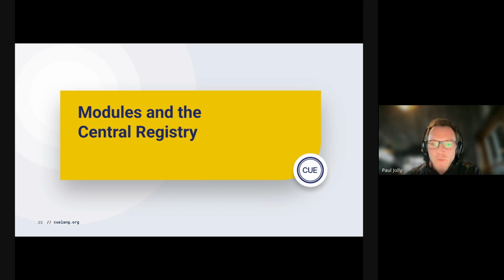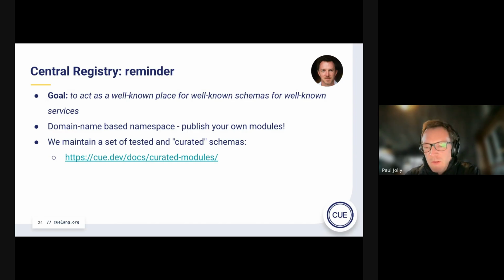Moving on to modules in the Central Registry, keeping half an eye on the time, we're not doing too badly. Just as a brief reminder, the Central Registry, and we'll talk about this a bit more later on in the context of a couple of use cases, is designed to act as a well-known place, not necessarily for well-known schemas, but just for people to share modules, the CUE module being the unit of reuse between CUE projects. It's a domain name-based namespace. You can publish your own modules, just as long as you can control the namespace. We have a set of curated schemas to light your enthusiasm for consuming modules, and they're published on